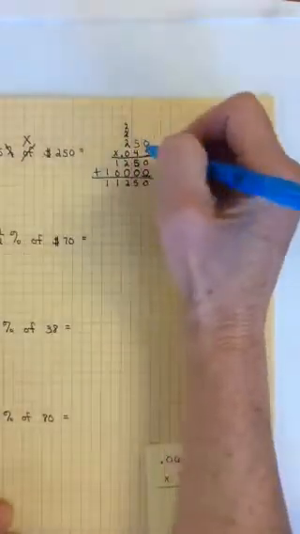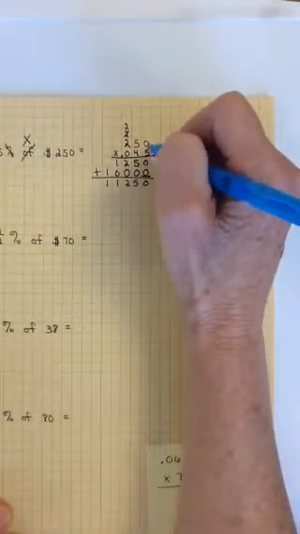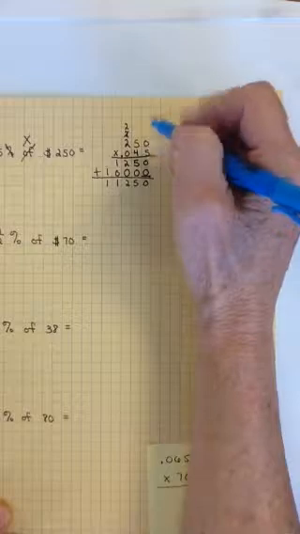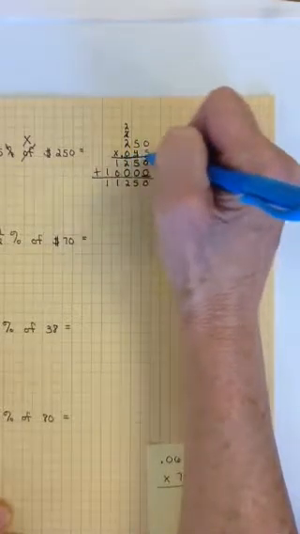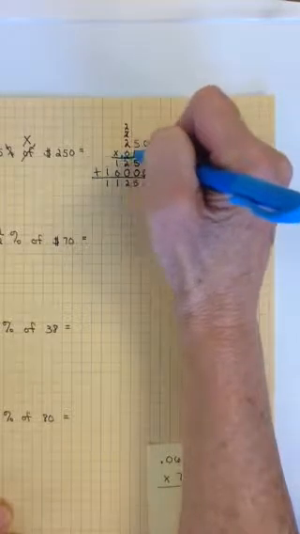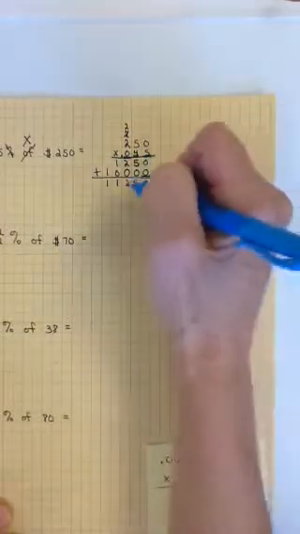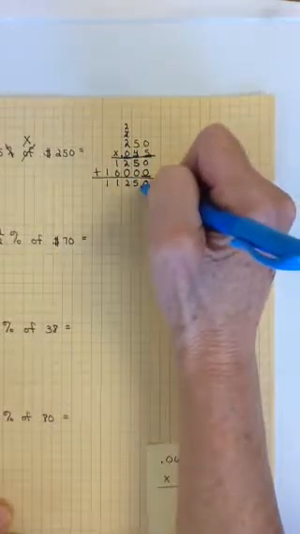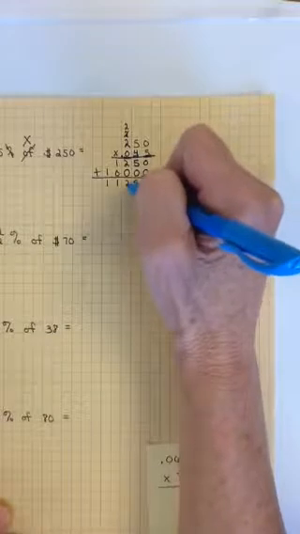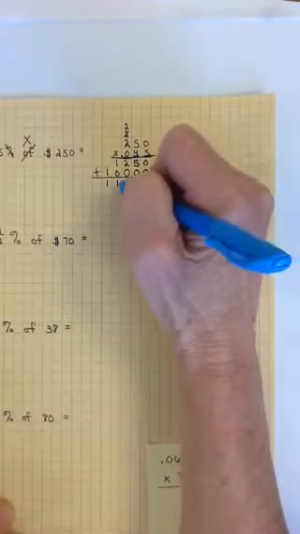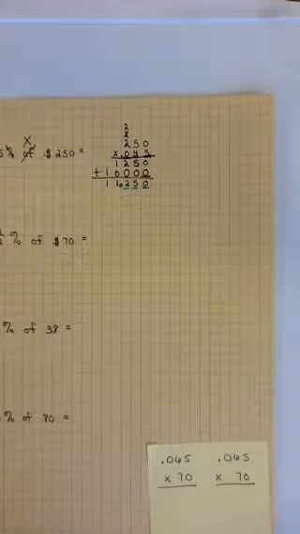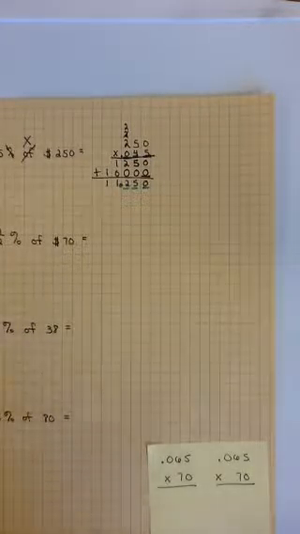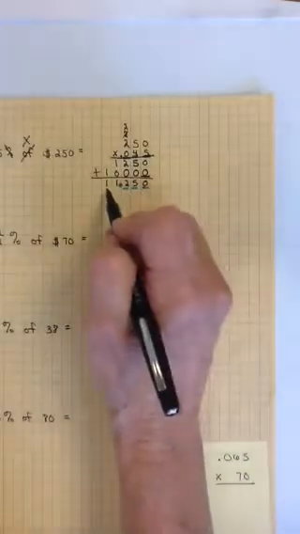I'm going to underline the digits that come after a decimal point in the problem. So I see this 0, this 4, and this 5. That's 1, 2, 3. So in my answer, I underline 1, 2, 3, and then my decimal point goes right there in front of the 2. So the answer is